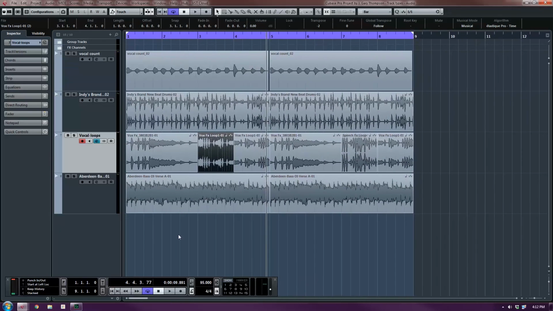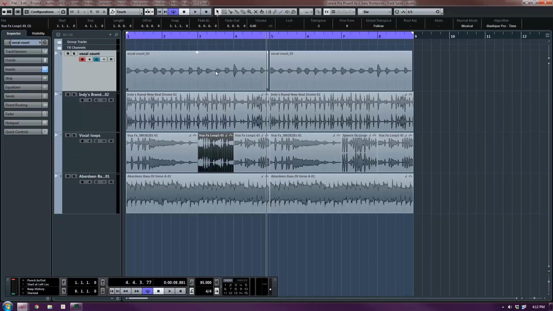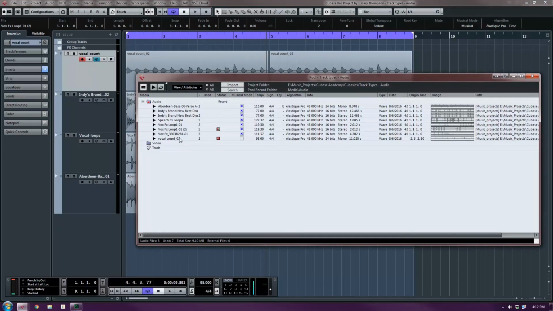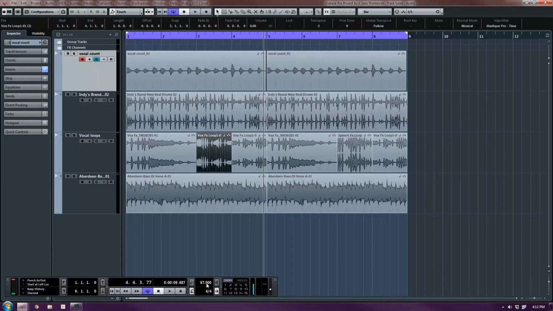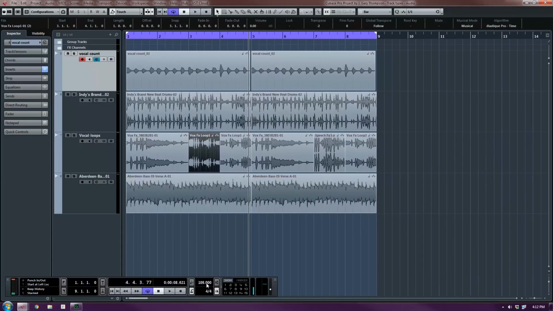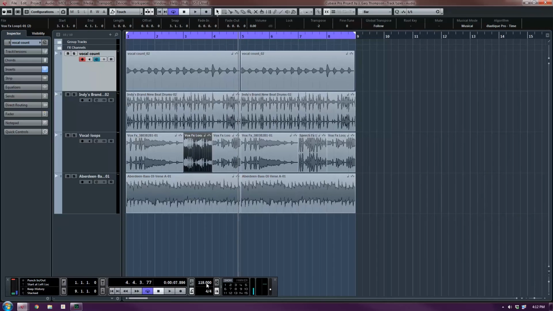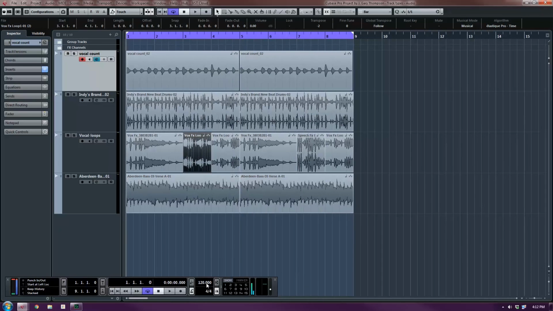So what I can do is I can turn on musical mode, and I'll go to the pool and put that sample in musical mode. It's really that simple. And now when I want to change the tempo, no problem, right? So if I go to say 120 and then play the file with the count on this time,